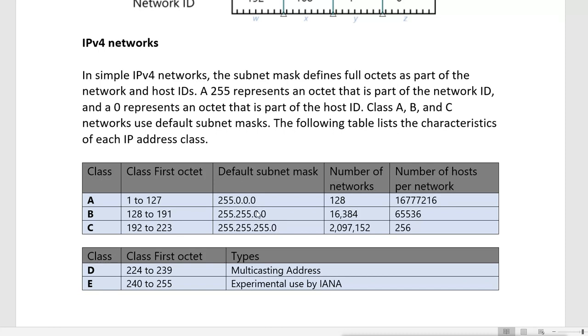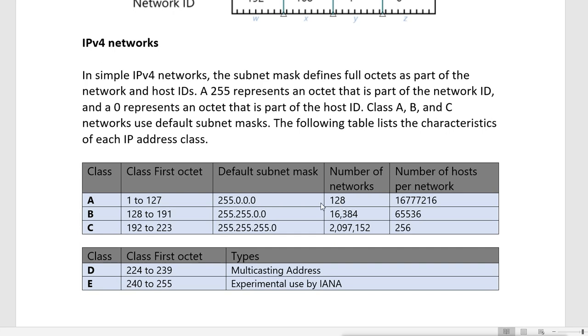Now why did IANA do this? Why did they divide these into classes? Because they wanted to differentiate between the network and host IDs. In class A you will get 128 networks.